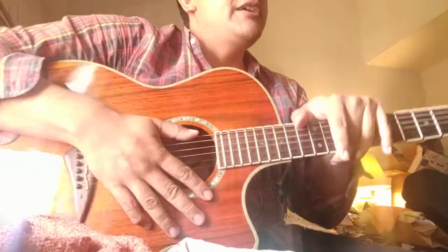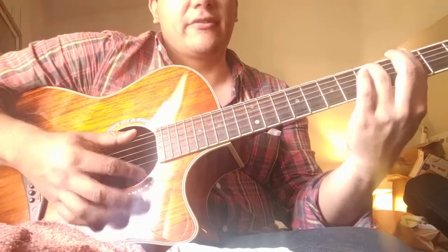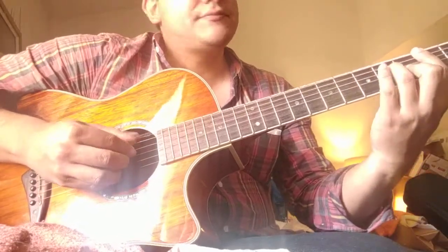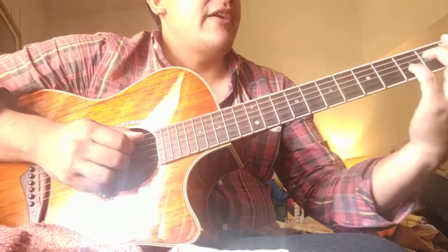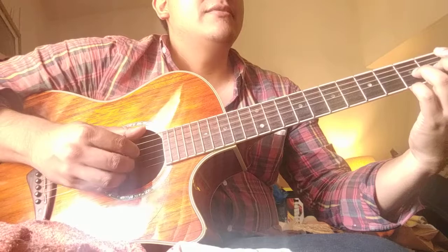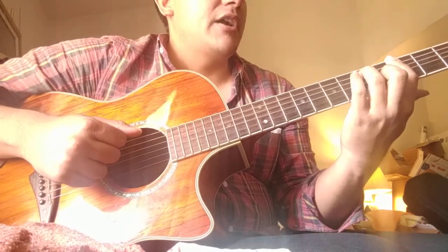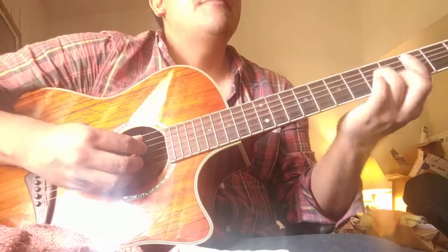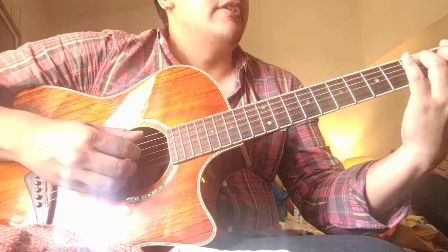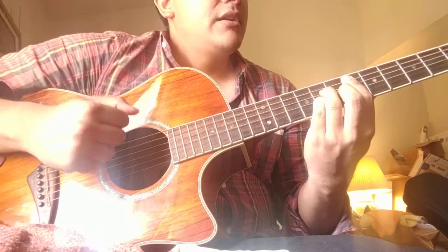In terms of chords, let me give you the chord names of everything that I'm playing here. First of all, a G minor 7 chord. So it sounds like this. Then I go down to a G flat augmented chord. Then I go down to an F, really I try to play an F13, and then I go up to a G7, just a dominant 7, to a C minor 7, and then I play that C minor 7 again, to an F7, to A sharp major 7, to E flat major 7, and then this chord,